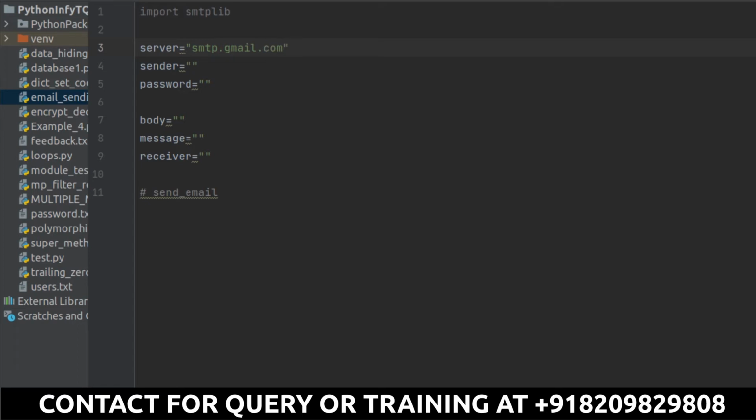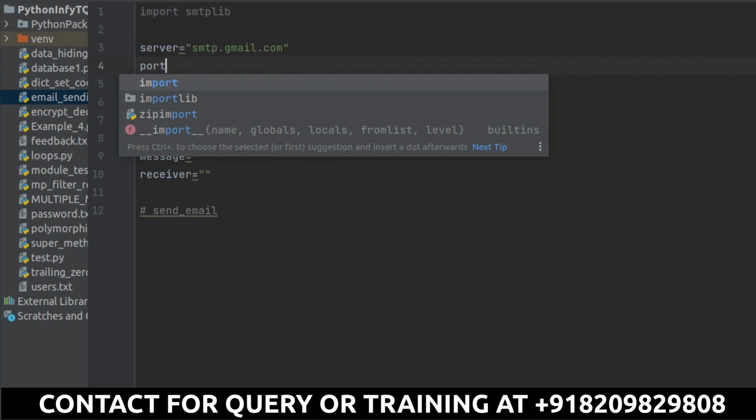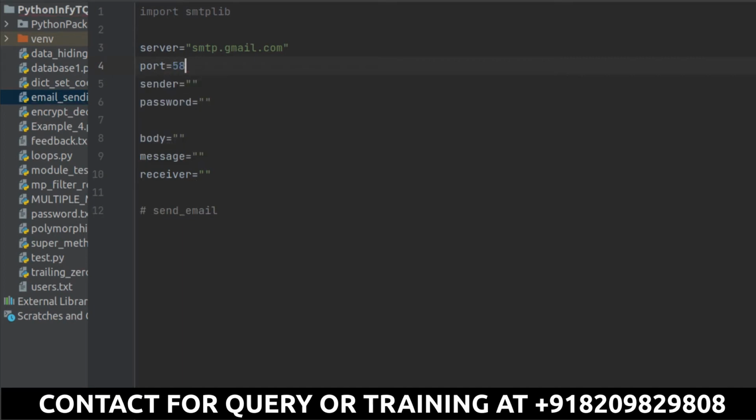Through this you will have your server, and for this server you also have one port, which is specified as per the functionality. Right now I'm going to use port 587, and that is for the TLS encryption.